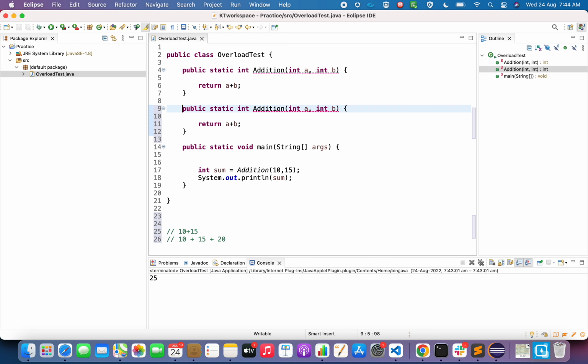Okay, now see that it's giving us an error. Can you see this area? Yeah, it's showing a red line. So have a look at what it's saying. It's saying duplicate method addition in type OverloadTest. What it means is we are having two methods with the same name, addition and addition,